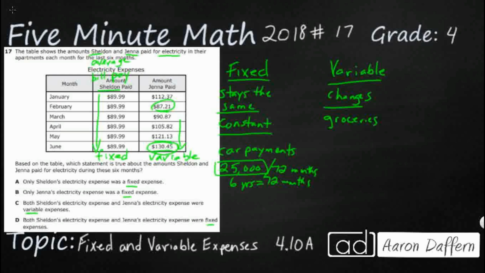So let's see. Only Sheldon's electricity was a fixed expense. Yeah, Sheldon was fixed. That's good. Jenna's electricity was fixed. Nope, it was variable because it changed. Both Sheldon's electricity and Jenna's were variable. Nope, Sheldon's was fixed, and they were not